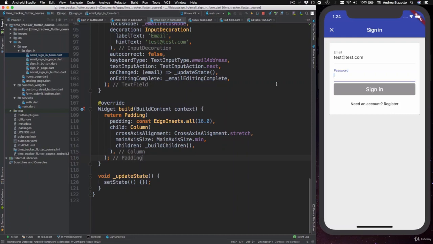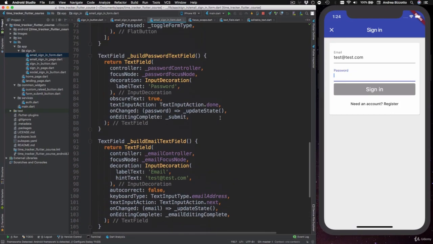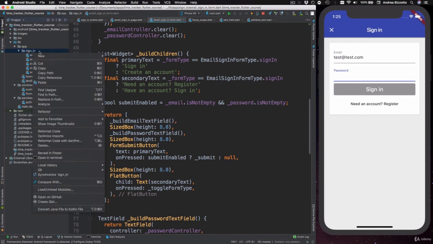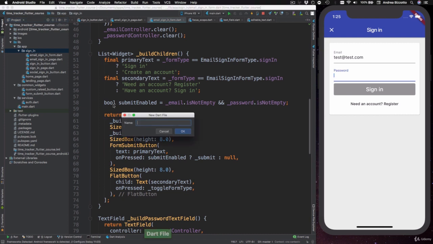In the last video, we added some logic to disable the submit button when the email or password fields are empty. However, at the moment, this logic is hard-coded inside our widget class in this method. And it will be better to move this inside a separate class where we have more control on what kind of validation we do. So what we're going to do now is to create a new file called